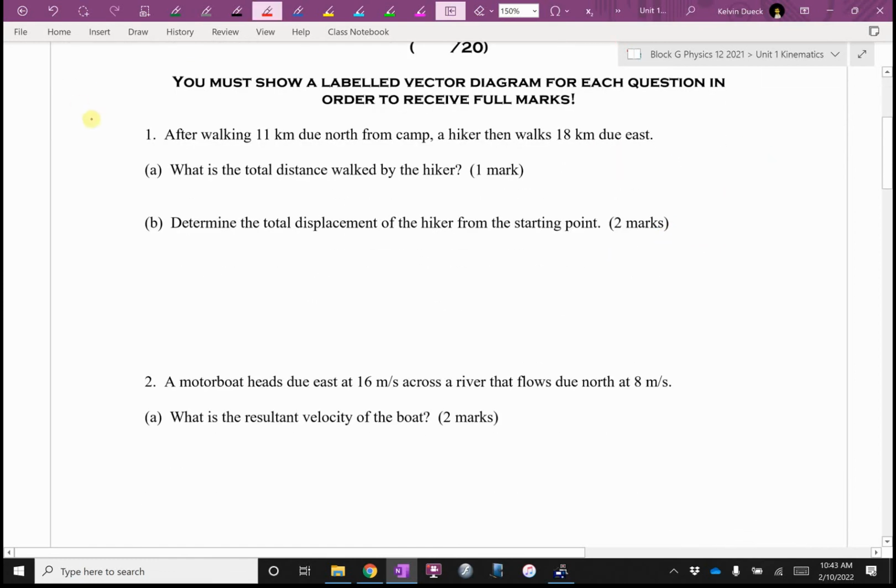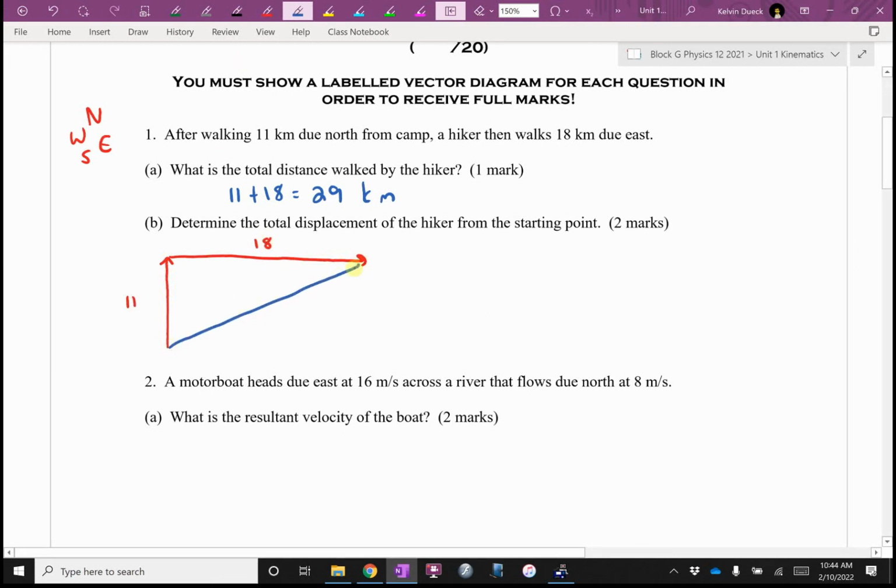I see a compass rose: north, east, south, west, because I saw the word north. What's the total distance? Well, that's easy. 11 plus 18, 29 kilometers. Yes? Total displacement. Okay. That's going to be 11 north, tip to tail, 18 east. So this is going to be